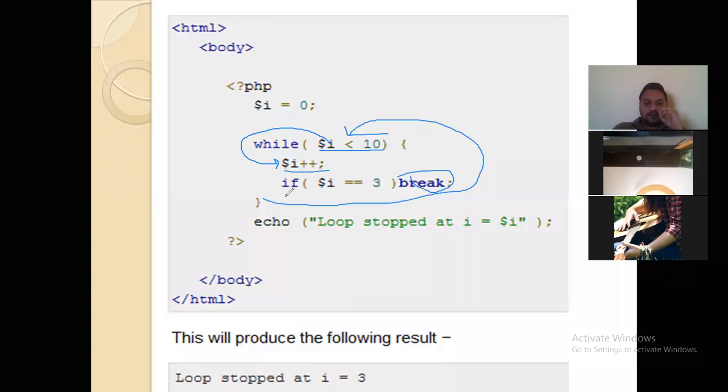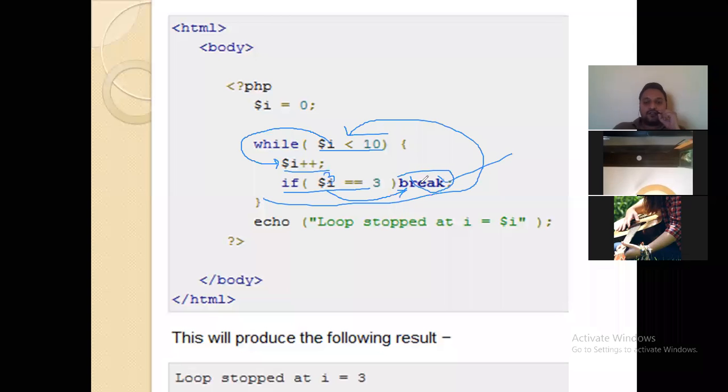Now this condition will be checked. The latest updated value of I is 3 here. 3 equal to 3, true or false? Now both values are matching, left hand side and right hand side. 3 is equal to 3, so this condition becomes true. As this condition becomes true, it will execute the statement which is dependent on this condition. So it will execute the break statement here.